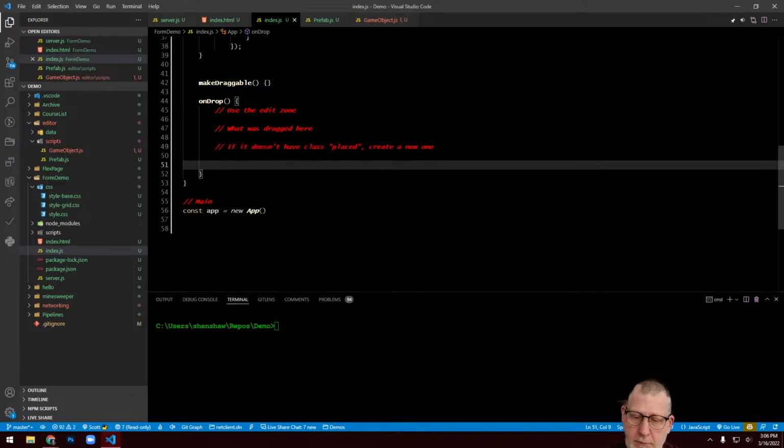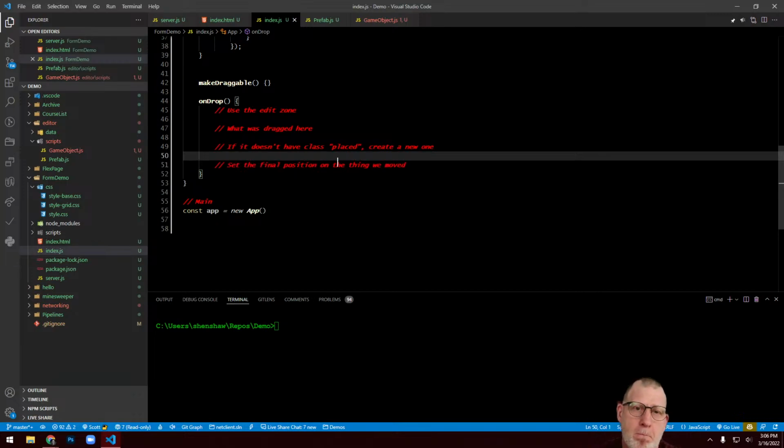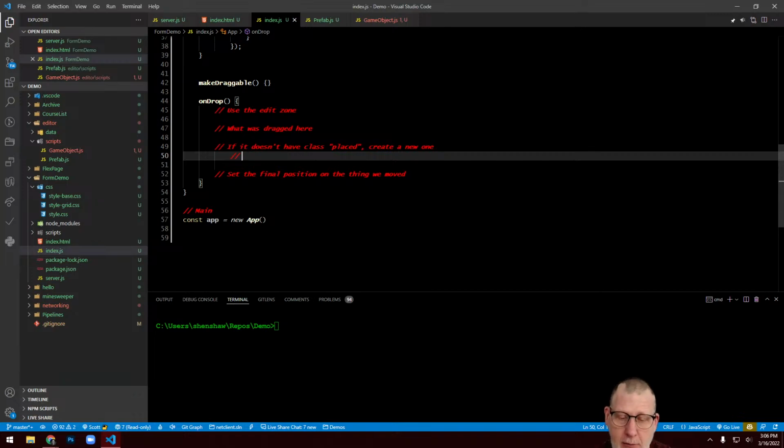And then it shouldn't say move, because it might be something that was already there. So I just want to fix that. I'm also going to have to do something here. I'm going to have to figure out, you know,